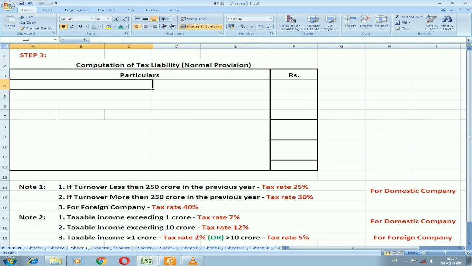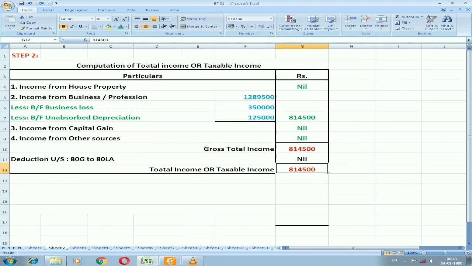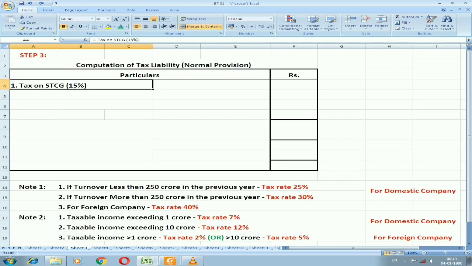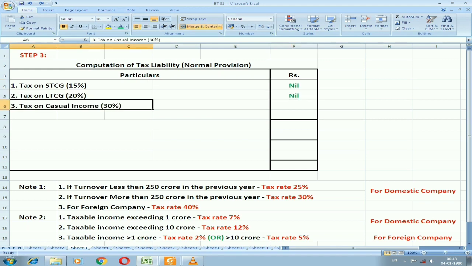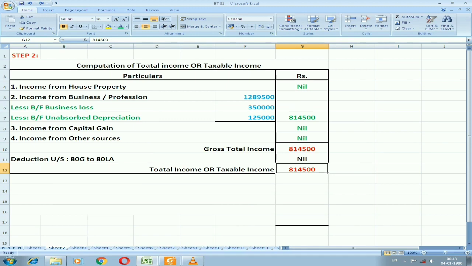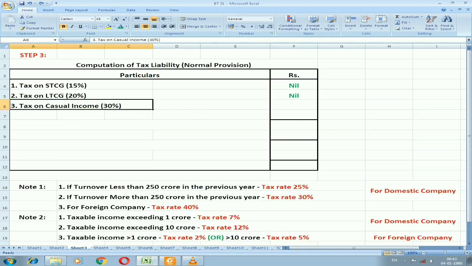So first, always we are supposed to take the tax which is under short-term capital gain. For this you are supposed to see step 2, what we have done. On that entire income will be there, on that we are supposed to take the tax. As you can see, third income is capital gain. We don't have any short-term, long-term, so that is the reason it will be nil. Then long-term capital gain also will be nil. So casual income will come under other sources, that is also nil. So that is the reason it will be nil.